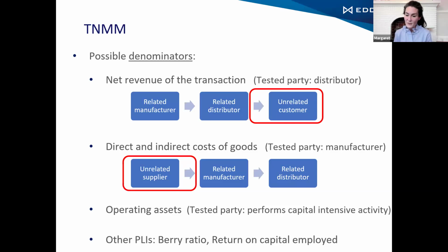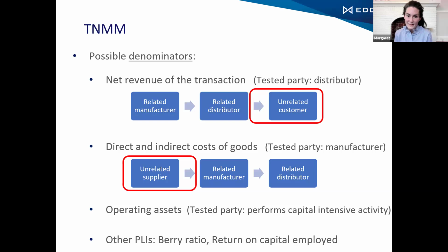For a manufacturer, the denominator is going to be costs, because the costs are showing up on its income statement related to the products that it purchases from that supplier. I'm not sure if that makes sense or not, but it's the manager that I worked for when I first started doing transfer pricing at EY. He drew this same picture for me, and then it started making sense after that.